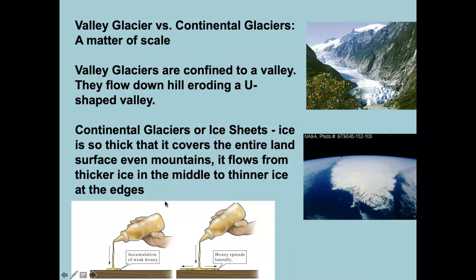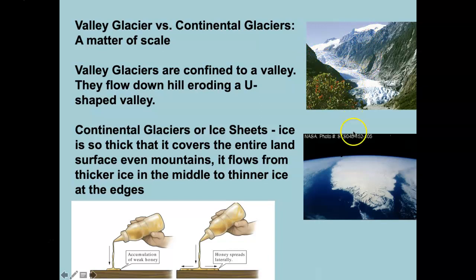All right, so I mentioned that there are two kinds of glaciers. We're either going to have glaciers that cover whole continents like Greenland and Antarctica. Those are the ice sheets. Or we have glaciers at high altitude that form in valleys. So this image at the top is a valley glacier. There's the glacier in the valley. They're moving downhill, usually in a valley. So they're often called valley glaciers, and they form a U-shaped valley as they erode the sides and the bottom of the valley floor.